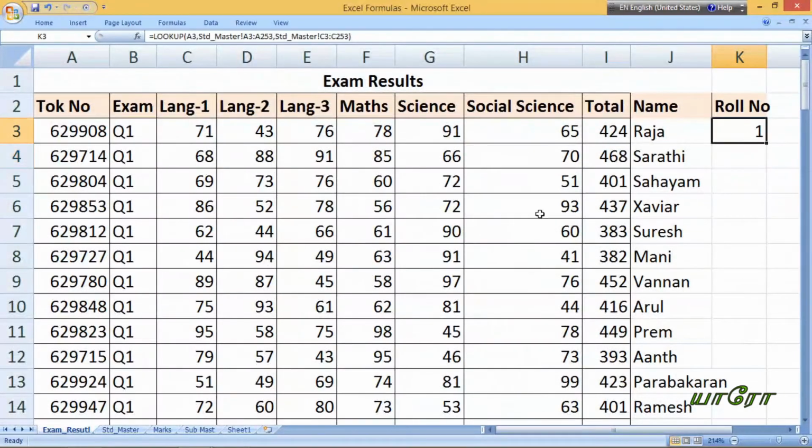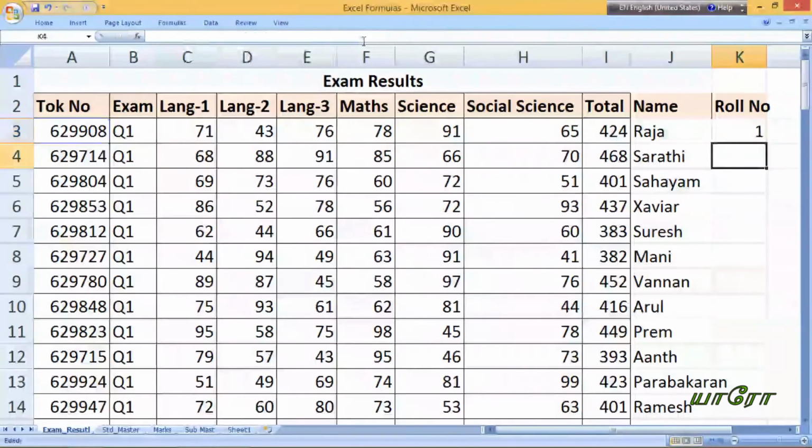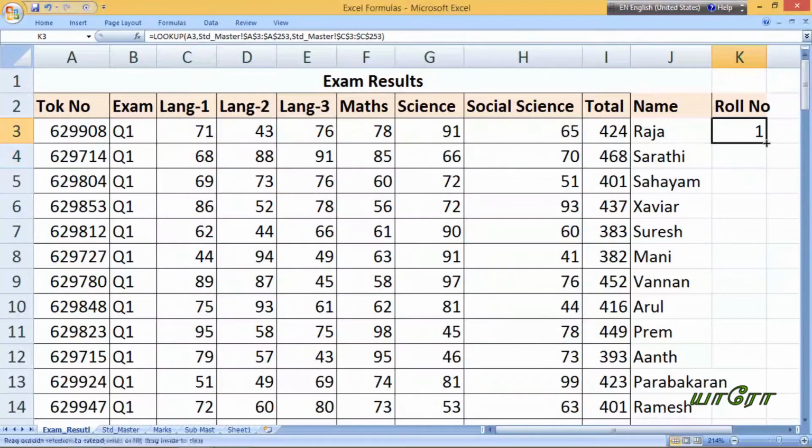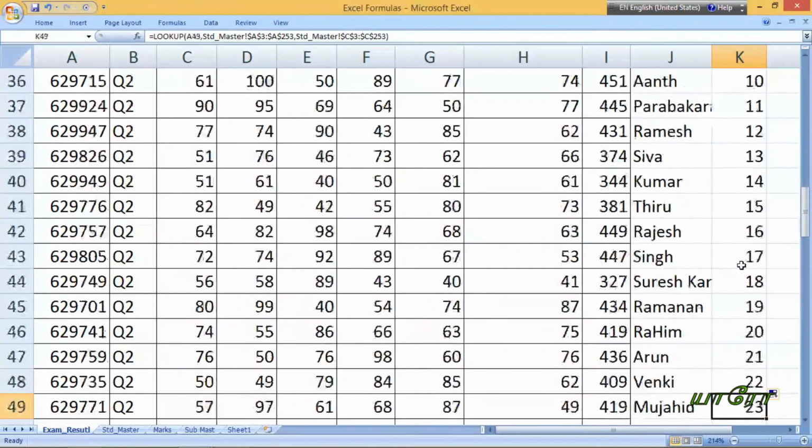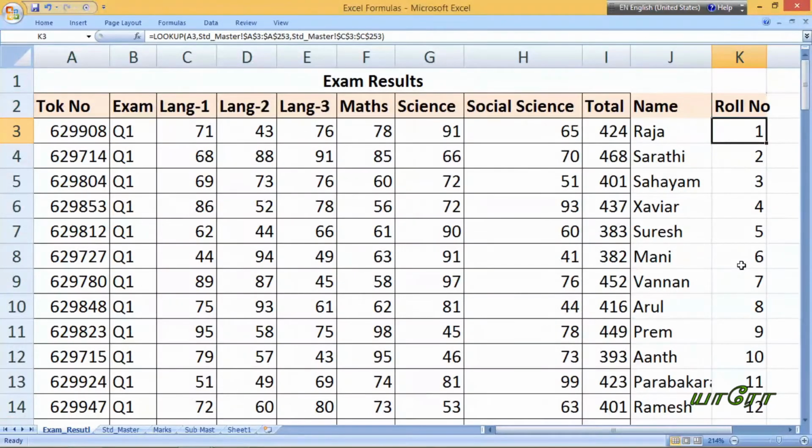See the roll number. Now we press enter and double click. This is clearly taking the number.